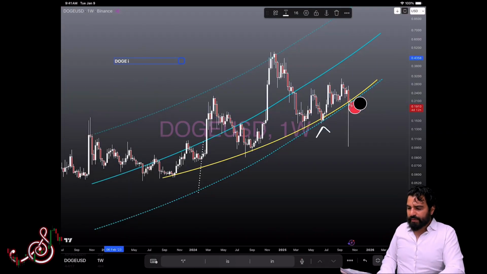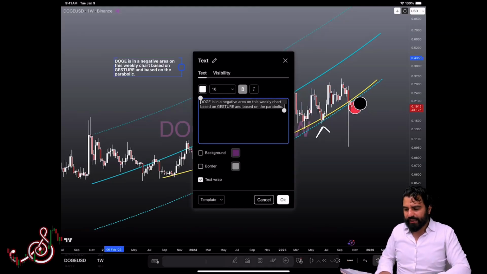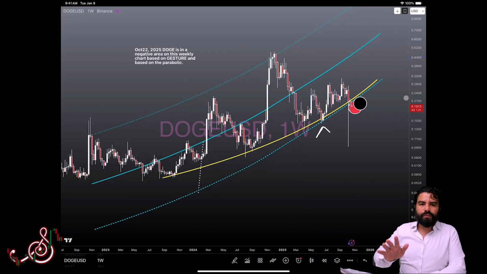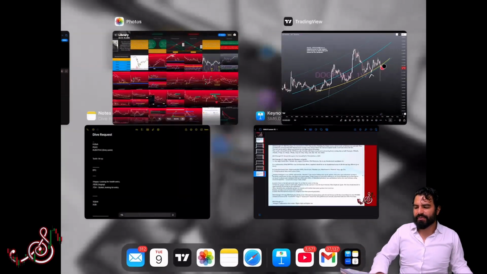Doge is in a negative area on this weekly chart based on gesture and based on the parabolic. Okay, so we can see, and let's put the date, October 22nd. Okay, got it? Now, the next thing we're going to use, let's use some more principles that we see from